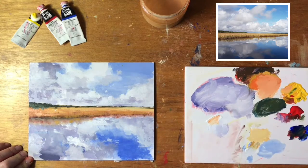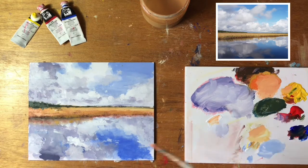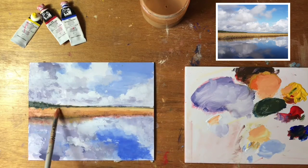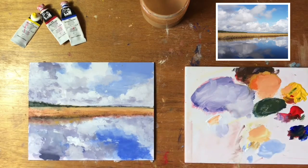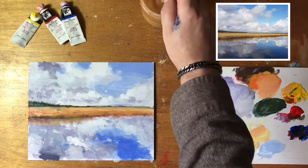Just try dragging that brush over and pick up a bit more of that orangey yellow colour, and just try and flatten the shape a bit. Now, this is very much a sketch of a scene. To put the finishing touches to it,